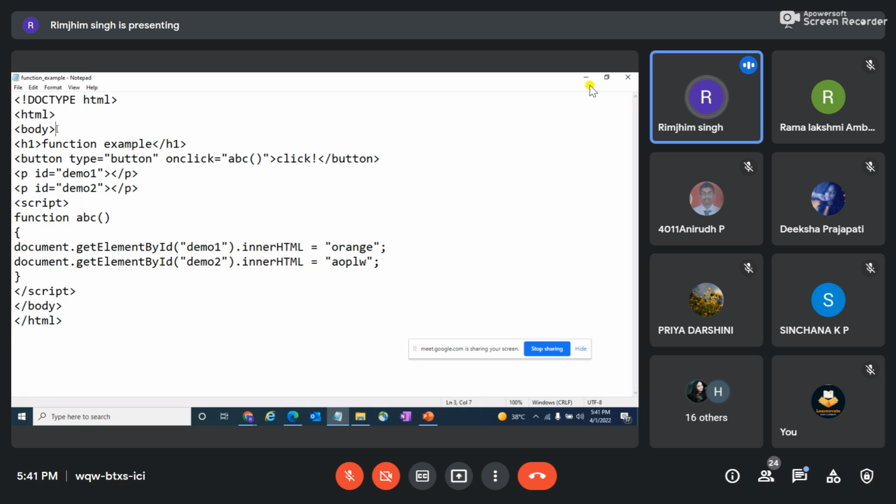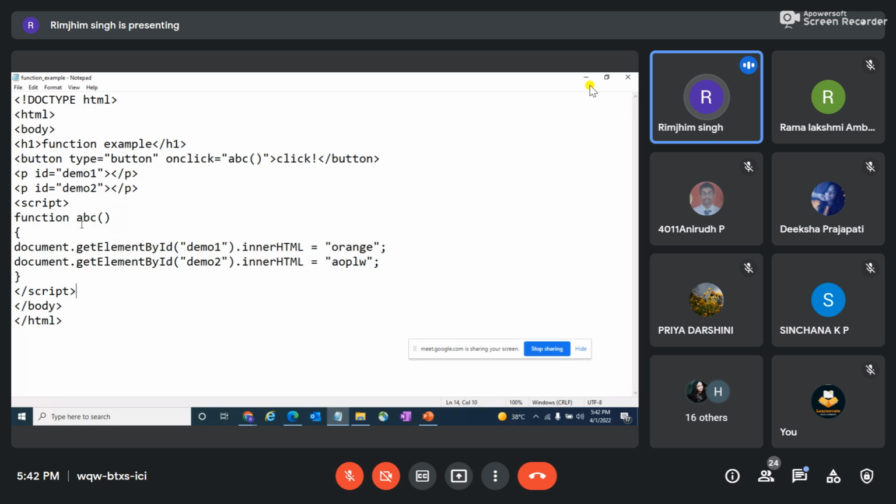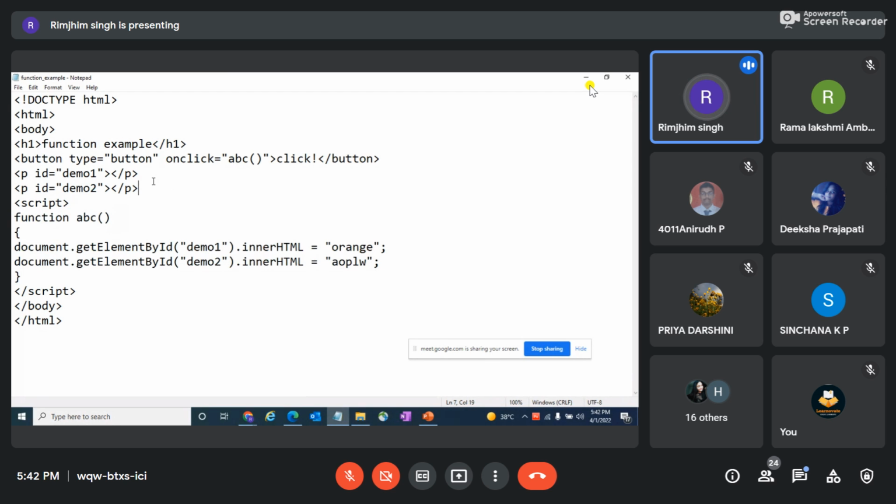What we do is we directly define this particular function first, and then if I want to call this ABC function, what I would do in C and C++, I'll just use printf or any value, and then I'll print this particular function. Am I correct? But here what I'm doing is, on the click of my button, I'm calling it in the header section of my program. Similarly, if I have written this code anywhere, I can just call it in the header section. Like herein I'm using it in the body section only, but in the head section or any section of my program, I can call it on the click of my button.